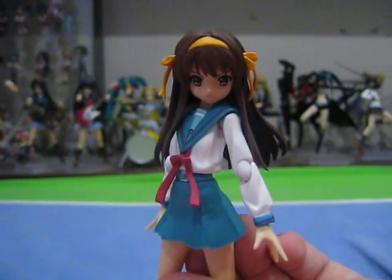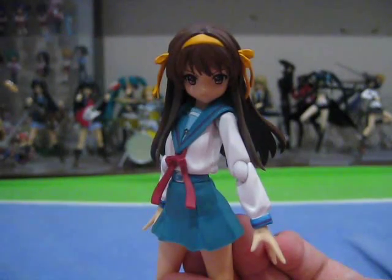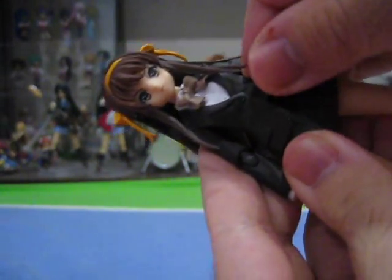Back to the figure itself, as with all other Figma figures, it features soft PVC clothes such as a